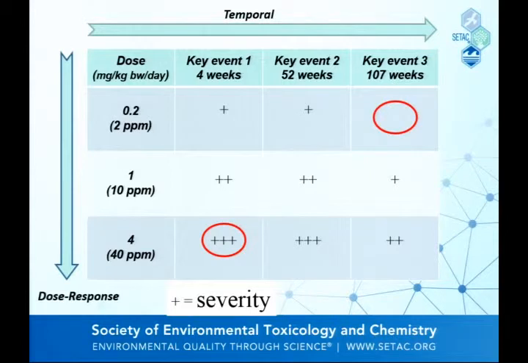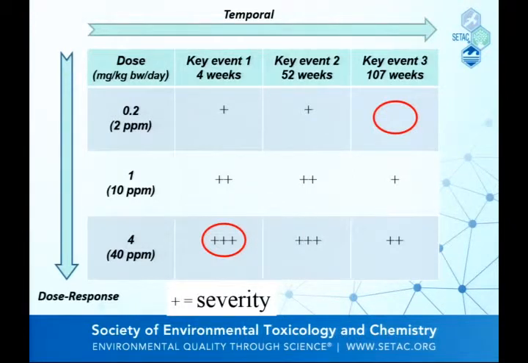So what you can do with this table pretty quickly is, we'll just pick this one dose, and we look across time. What do we see? We see pretty severe effects here, less severe at our 3rd key event. Is that consistent with temporal concordance? Pretty consistent, right? How about at the high dose? Same thing. Pretty severe effects on our first 2 key events, somewhat less severe at the 3rd key event. That's kind of what we would expect to see.